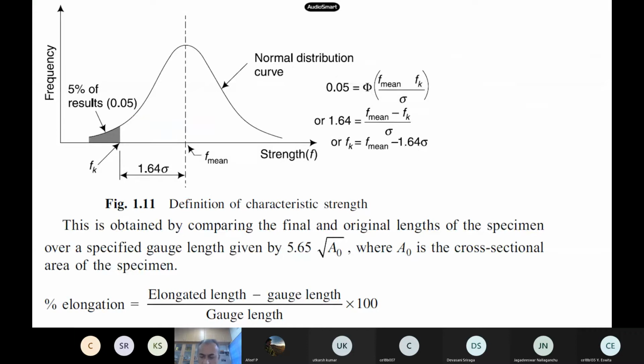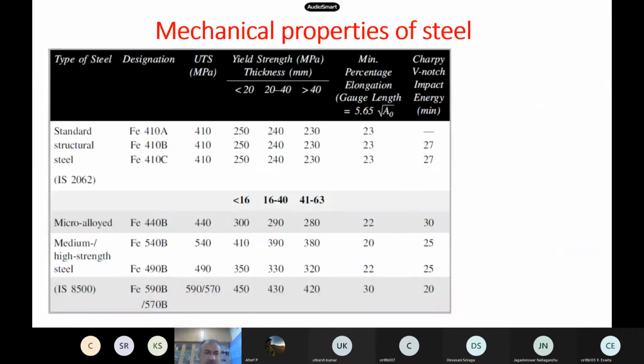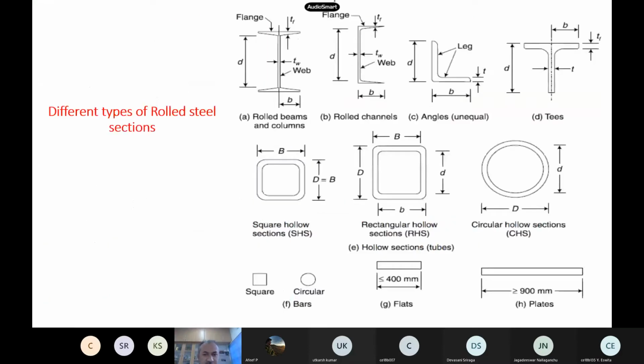Yes, sir. Okay. So last class, we closed all the mechanical properties, advantages, disadvantages. We have seen the numbers also, and what the important metal properties are, the characteristic strength. Finally we said steel is like your Lego toys kind of a thing, where the building blocks will be produced by the companies. So for I sections, you have to see the steel tables. The steel tables have all the details of the important design variables.